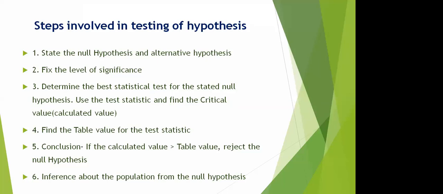So we should fix the level of significance before doing the testing of hypothesis. Usually we fix a 95% confidence interval, and if the researcher is more confident with his results and what he has to prove his hypothesis, like if he has enough sample size and is using precise methods, he can go up to 99%.